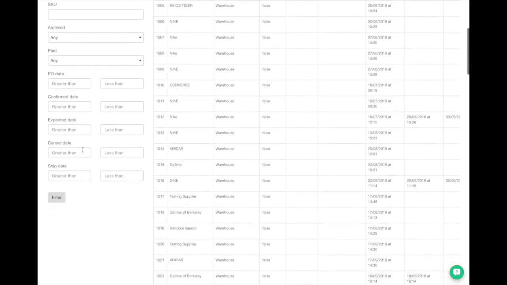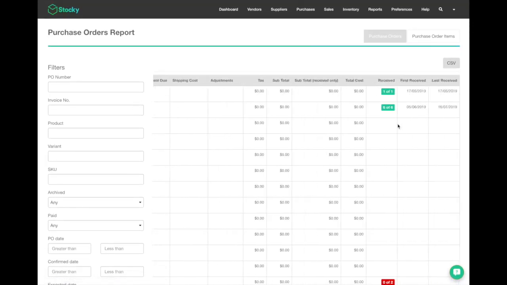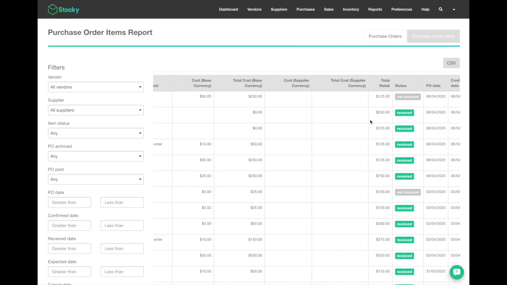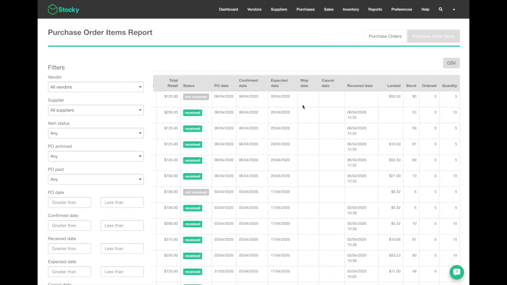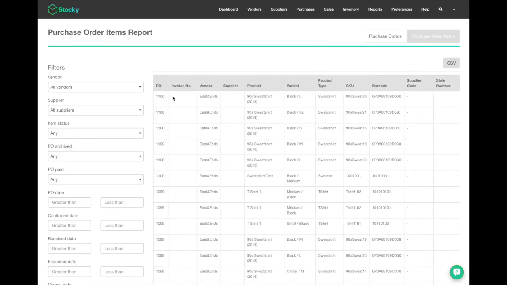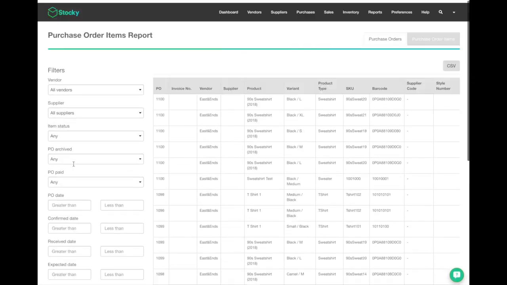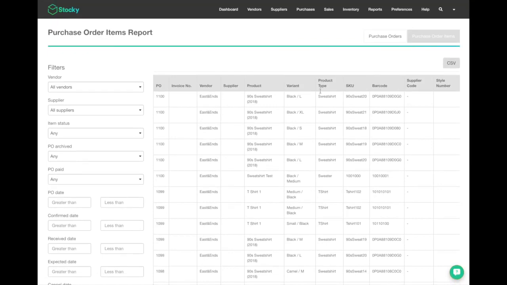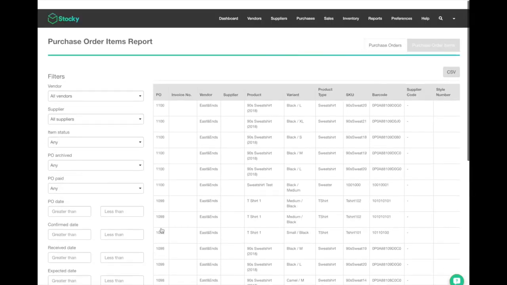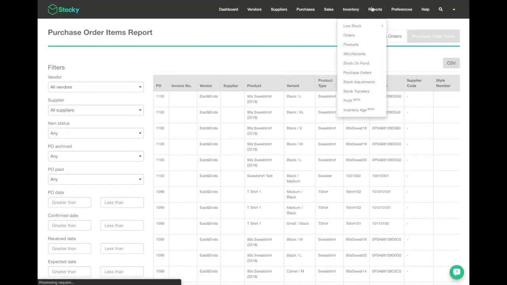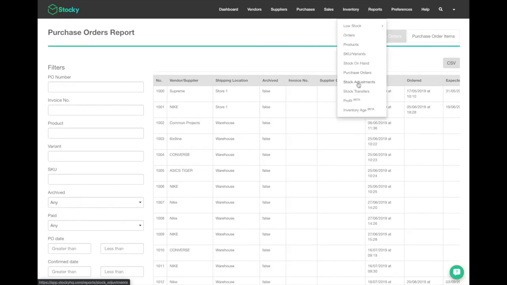You can filter on the left-hand side as you need to based on looking for specific vendor or purchase orders. And then you can actually click into purchase order items, and this will give you a product report based on the items that are associated with each purchase order. So you can see exactly, again, all this great granular information down to each product and which PO it exists on, to the variant level. And if you wanted to do any deeper analysis on the product, you can do that right here. So if you wanted to see all of the sweaters that you're looking for based on product type, you're able to filter that here and see what current POs are out for product types that you have made purchase orders for.